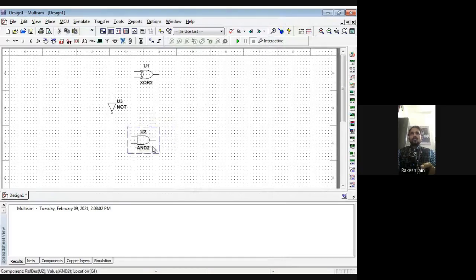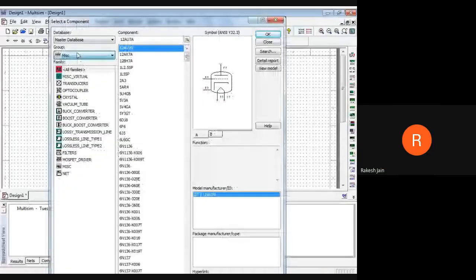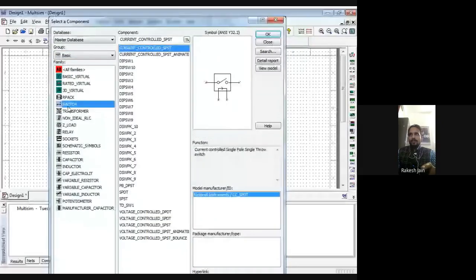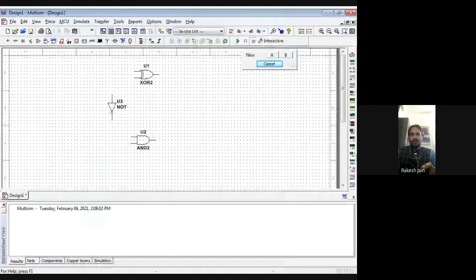Then the second is the AND gate you require. So click on AND or type AND there. So now this one is the AND gate. Apart from this, you also require a NOT gate. So click on NOT gate. You just rotate this so that it looks like your circuit diagram. Because there are two inputs, this is your XOR gate, this is your AND gate.